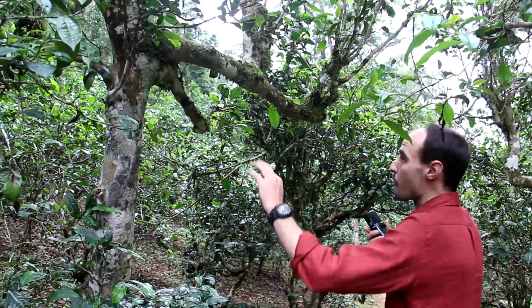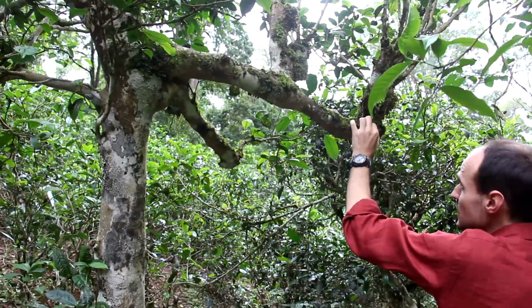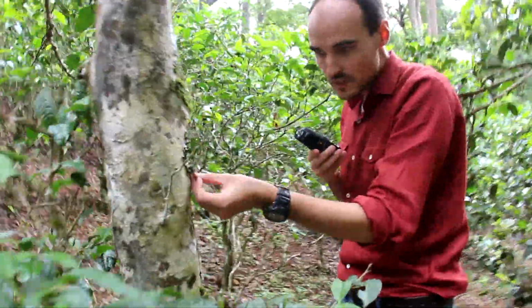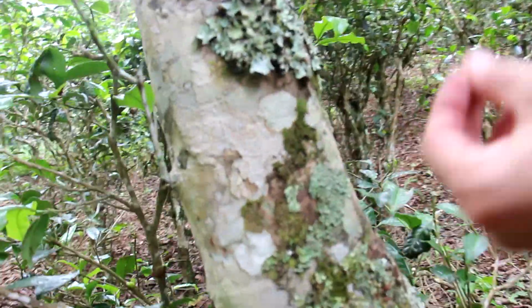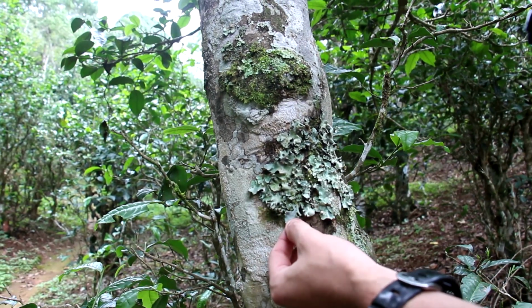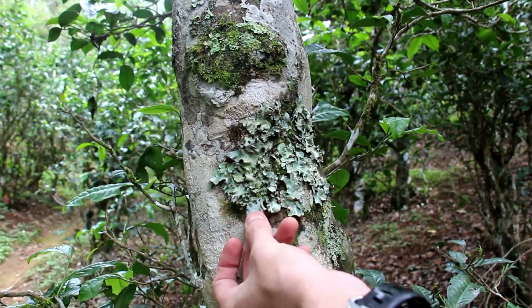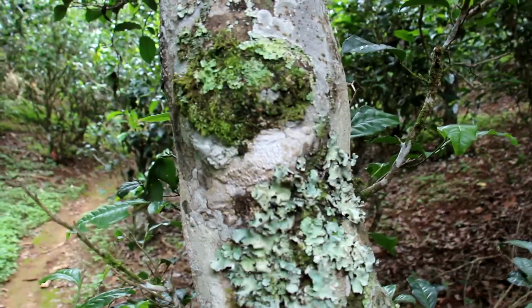Let me show you something else. We can have a look at the trunk, and you can see on the trunk you have a lot of moss and lichen here. Can you show here? This is lichen. So lichen is interesting because it's a symbiosis. Actually, you have two organisms in lichen. You have an algae and a fungi. So usually the algae can only live in water, but they kind of made a deal with the fungi, and they have some reciprocal benefits, you could say. It's called a symbiosis,